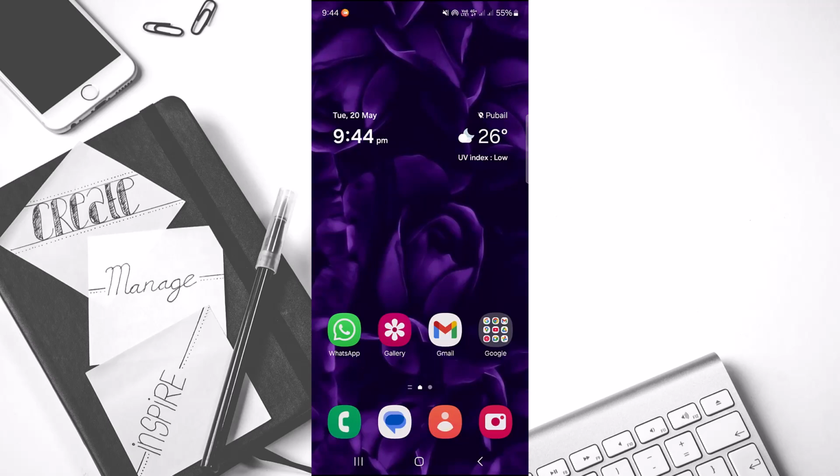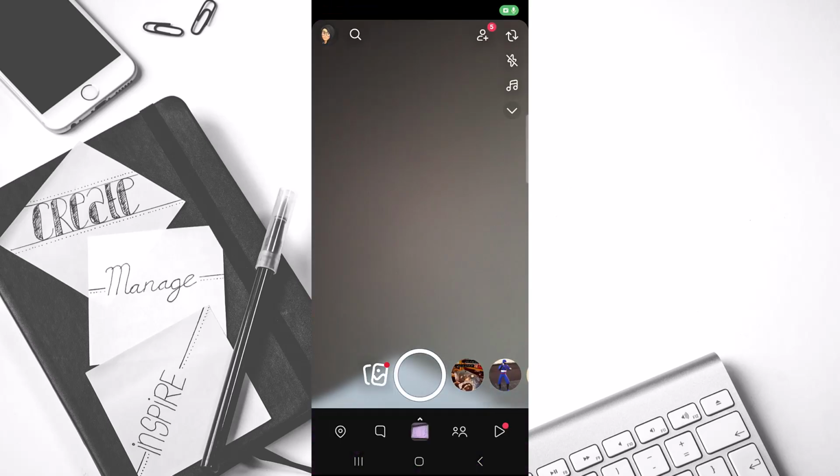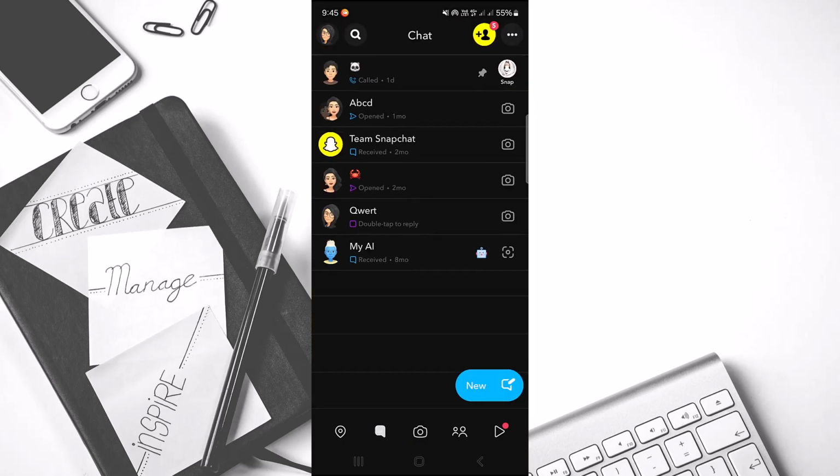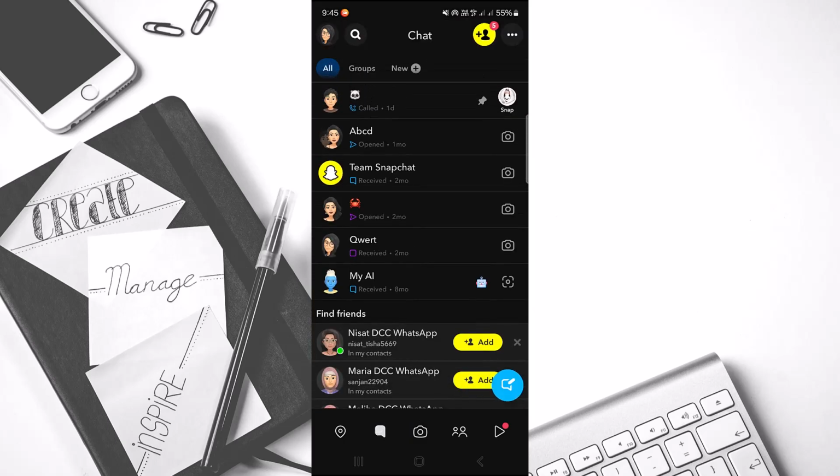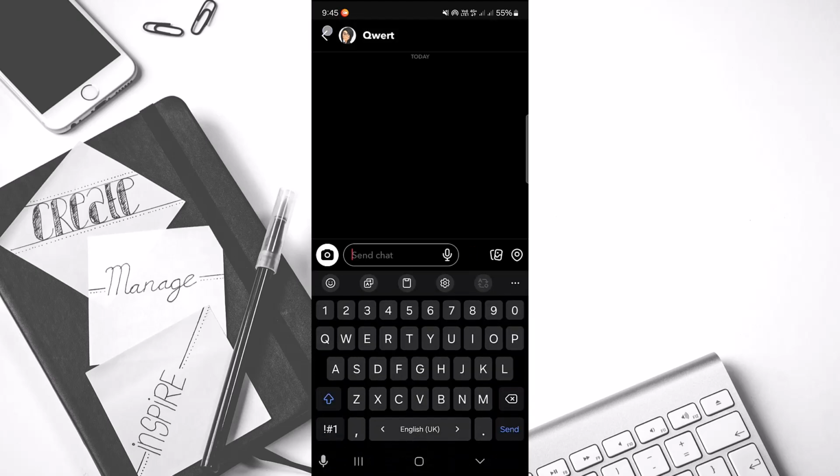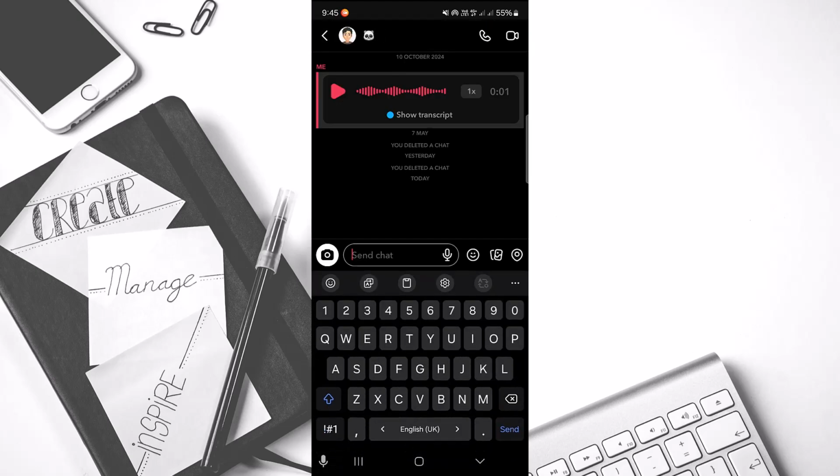In today's video, you are going to see how to delete call history on Snapchat. So head over to your Snapchat application first. Once you are there, make sure you have logged into your desired account and then head over to the inbox and then head over to any person's inbox. And in there, just call them